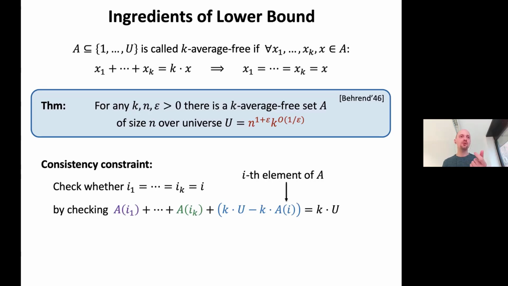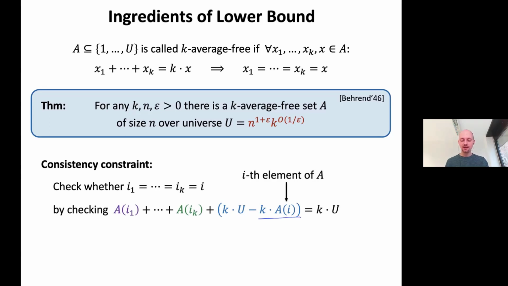Instead of number I1, let's take the I1th element of an average free set A. You replace I1 by its corresponding number in the average free set and so on, and you replace I by basically k times the ith number in the average free set,